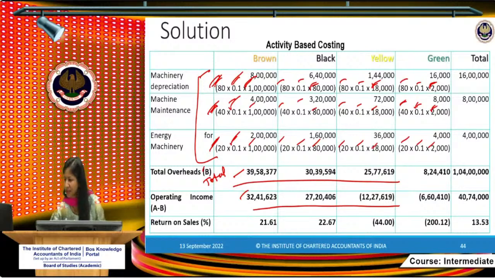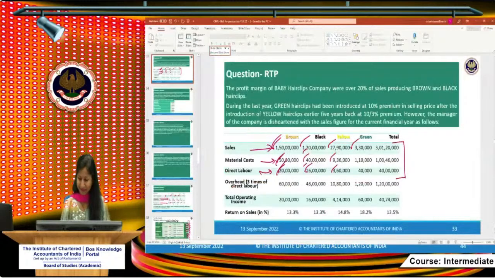Dhanlakshmi asks that in this question there is no significance for the premium of hair clips information. Yes, this information was already clarified later, so that's why it was not required to be calculated by you. Just because the information was there, but in case the information was missing, I'll let you know how to use that data. Okay.